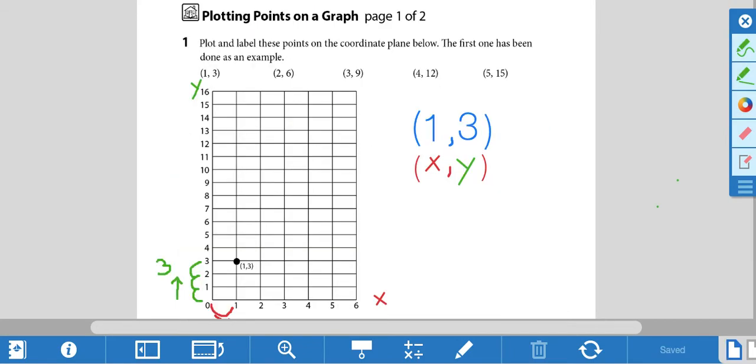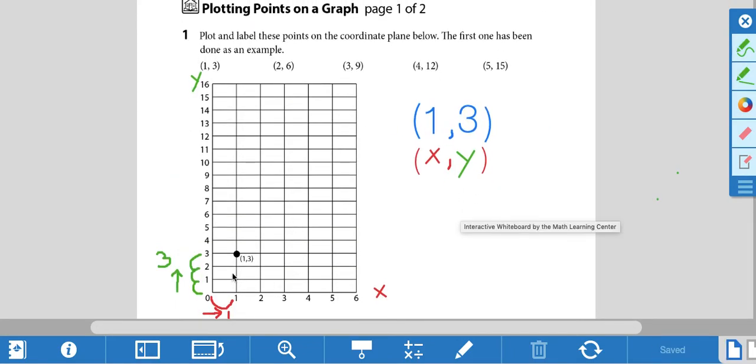So let me see, I did have one more example. So again here, sometimes you might see a graph that already has ordered pairs on it, and then they will ask you to identify what it is. So again, I just showed you that this is the x-axis, and this is the y-axis, and the 1 and the 3 is already plotted. You'll see that for x, you go over 1, and for y, you go up 3. So then you have them go to the middle, you put them together, and then you'll get 1